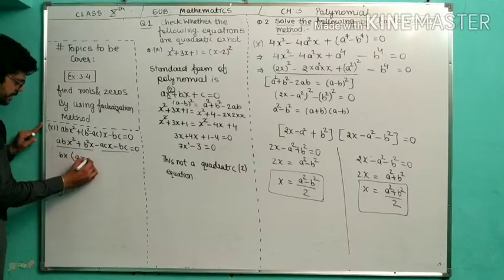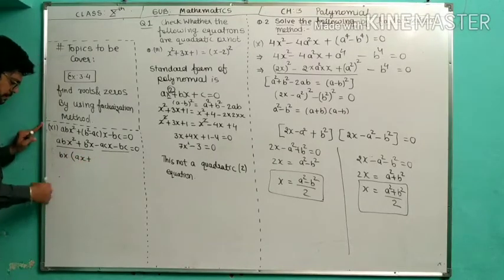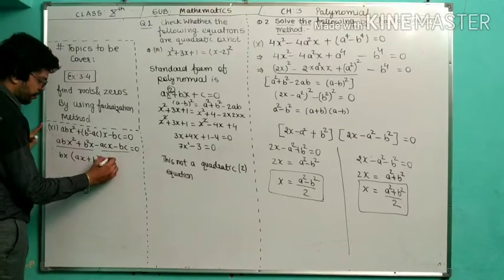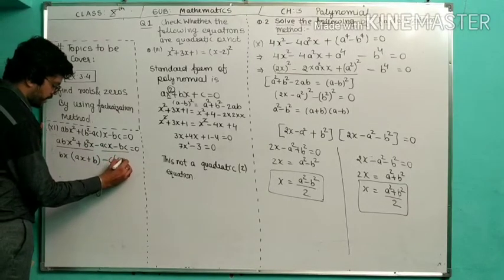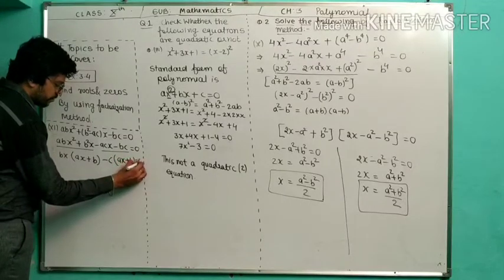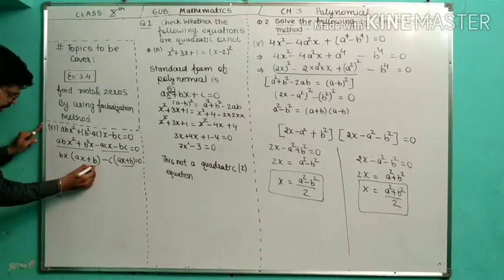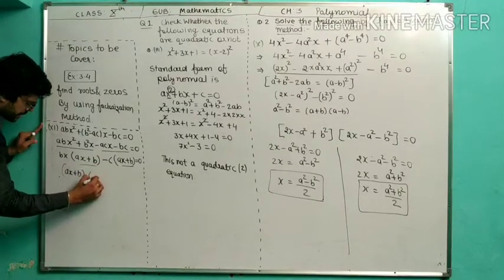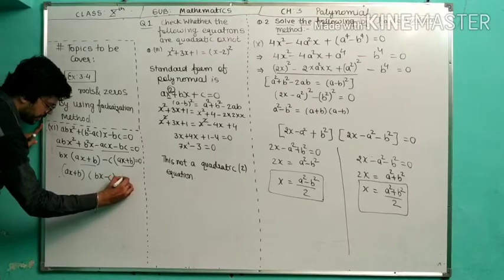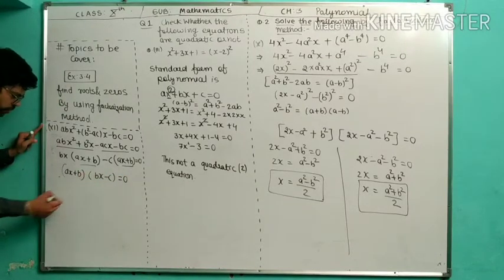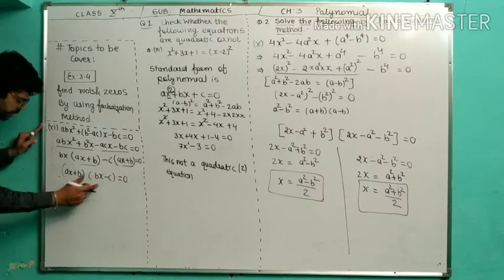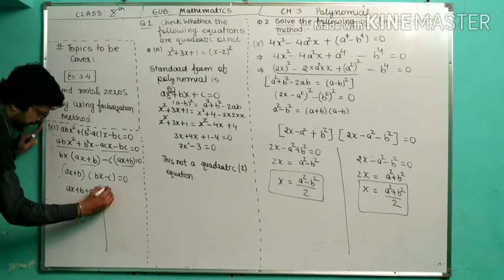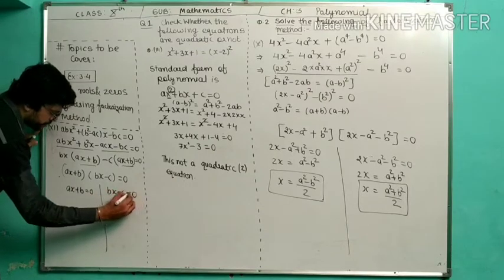So this is bx, and this is plus, and it is b. And now you can see that here the common is c, so I have taken minus c common: (ax + b) is equal to 0. So separately the whole common is here (ax + b), so (bx − c) is equal to 0. So from here, equal to 0, two terms I got. So separately ax + b is equal to 0 and separately bx − c is equal to 0.